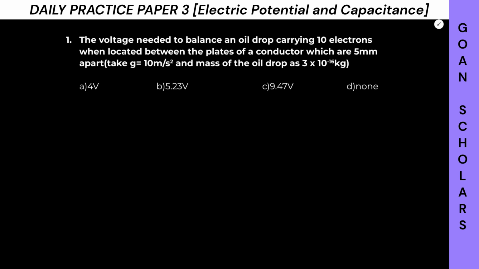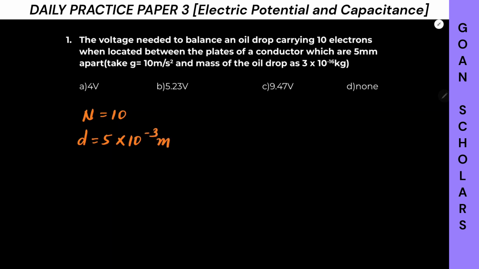Let's start with paper 3 of electric potential and capacitance. Our question number 1 says the voltage needed to balance an oil drop carrying 10 electrons. So let me write here the number of electrons given as n equal to 10, when located between the plates of a conductor, whose distance is 5 millimeter as per the question,